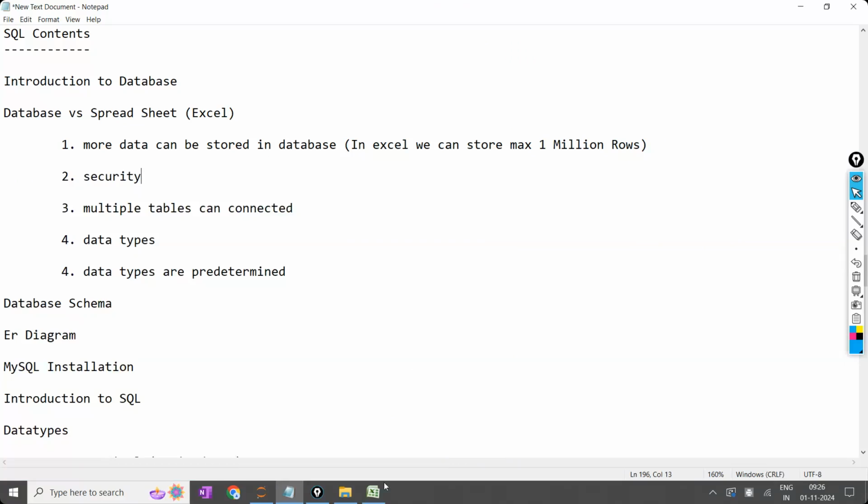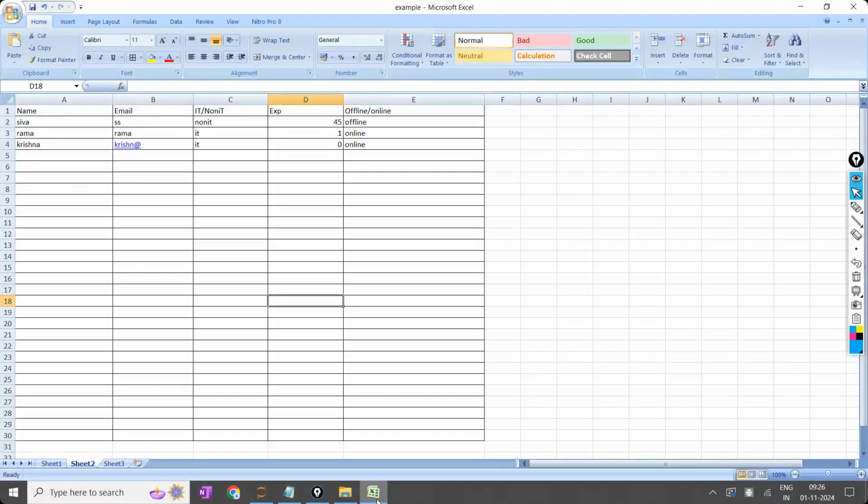Sir, why give access to everyone? Because in a team, when everyone is working, how can I share that? If I share the Excel sheet, simply clicking the save button like this and sharing the Excel sheet directly, no, sir. I can share the entire Excel sheet, one for every person.